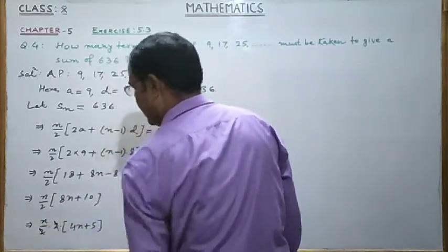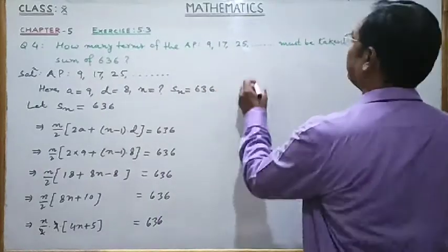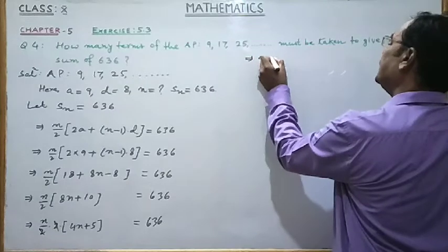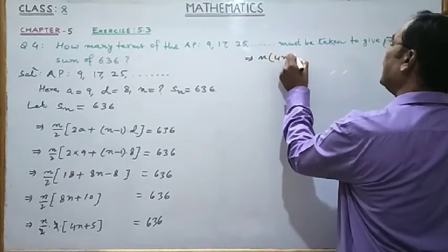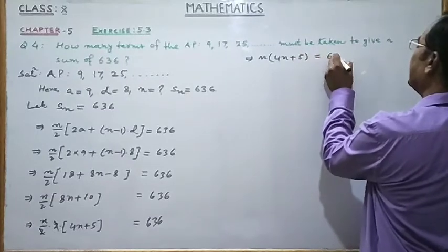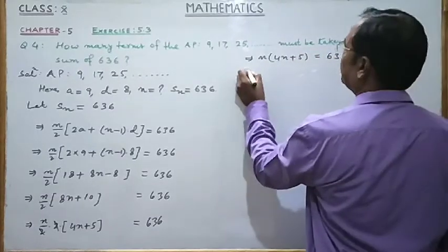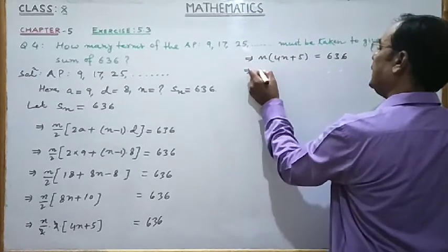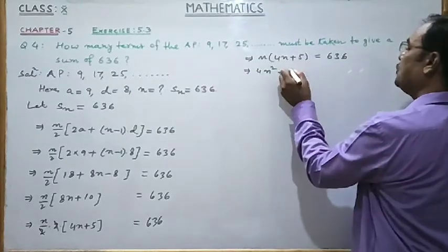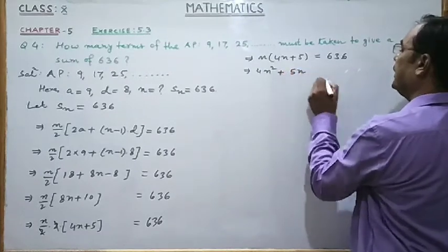These 2 and 2 cancelled. And this implies n into 4n plus 5 equal to 636. N into 4n, 4n square, plus n into 5, 5n,